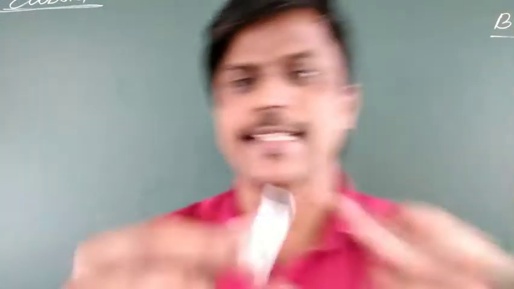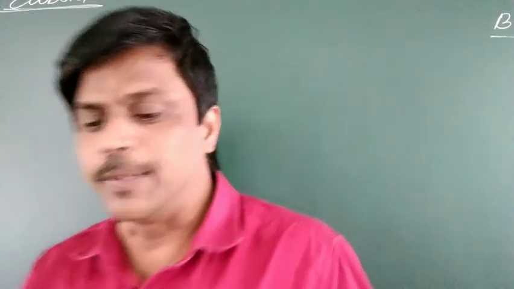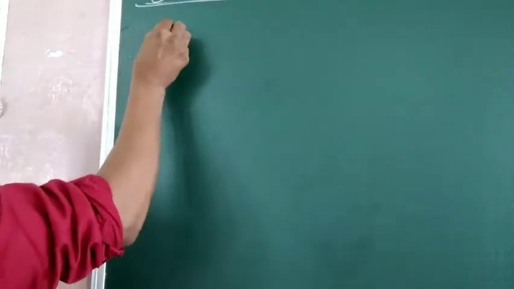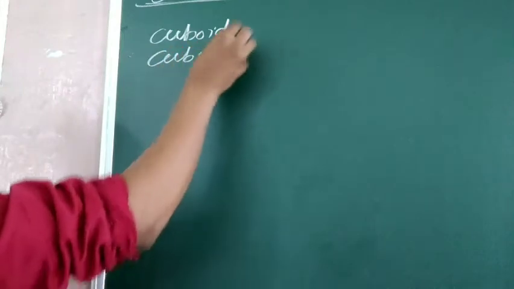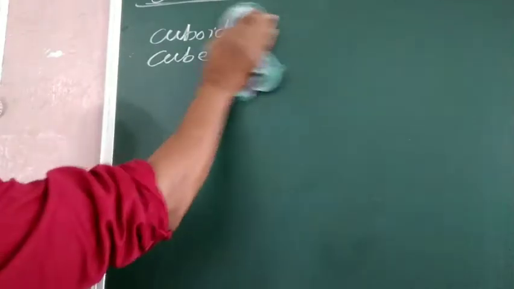See, even your small things, this is a sharpener. This also comes with box packing. This is the box of your Perk chocolate. Like that, there are many things we purchase in box packing. So all of you are familiar with boxes, and in the previous chapter we learned about boxes. Some boxes are of cuboid shape, and some are of cube shape. Okay, the cube and the cuboid. So first of all, we will learn about the cuboid shape now.